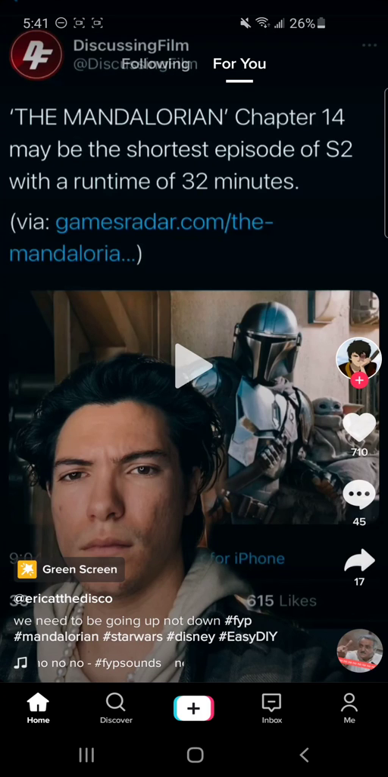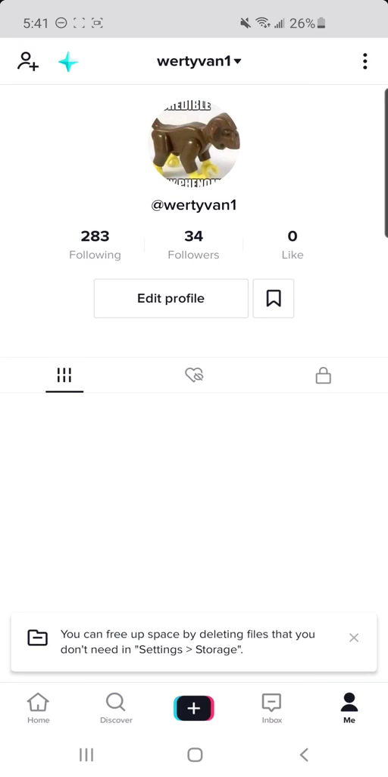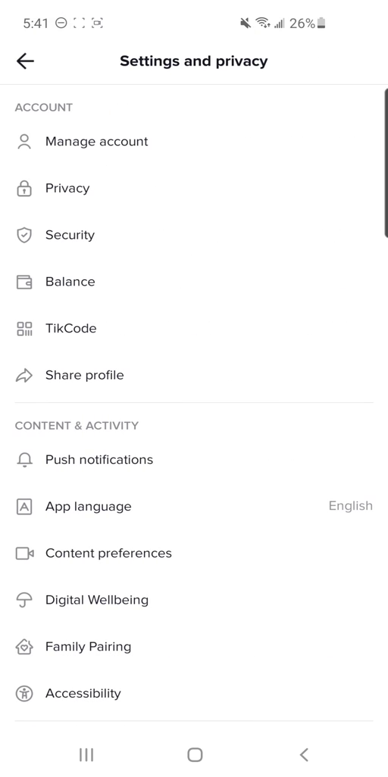Okay, let's get right into it. So first, when you go on TikTok, you start on your home page. So you're going to have to go to the Me page, which is a little person icon in the bottom right. So then you're going to have to click the three dots, and then go to privacy,